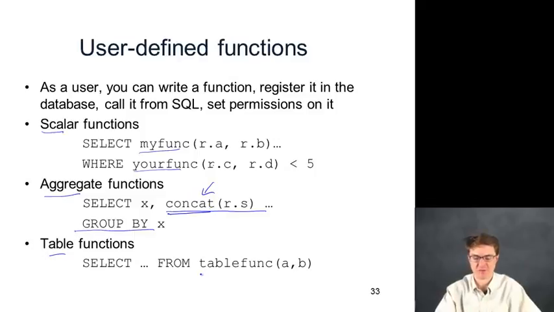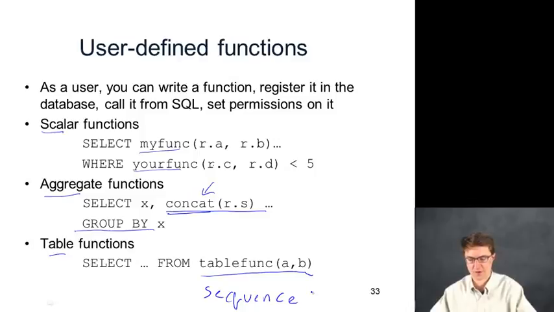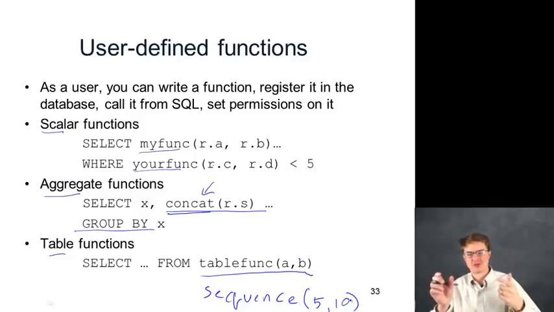Fine. And then table functions appear in the from clause, and they're arguably the most complicated. The most common example you'll see here is some kind of table function that will allow you to define a sequence of integers. So sequence from 5 to 10. If you want to represent all the integers from 5 to 10 as a table,